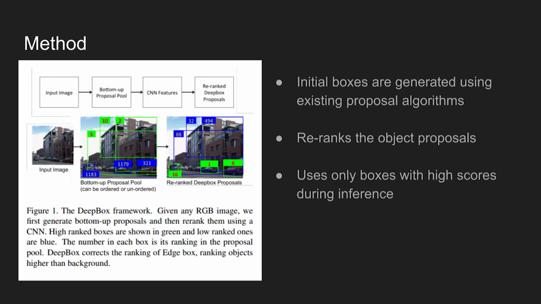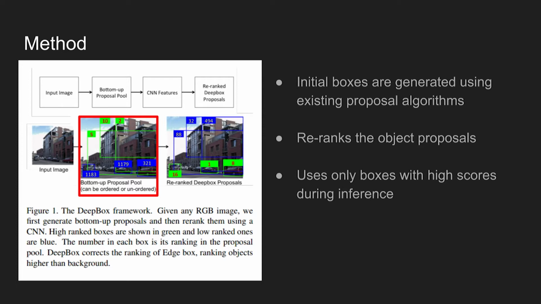Now, the figure shows the framework of DeepBox. Given an image as an input, initial object proposals are generated. Here, any of the existing proposal algorithms can be used. This could be typical methods like selective search or edge boxes. As shown in the middle image in the figure, the initially proposed boxes are randomly generated, meaning the numbers represent the order of the box proposals, and we can see that the number has nothing to do with the